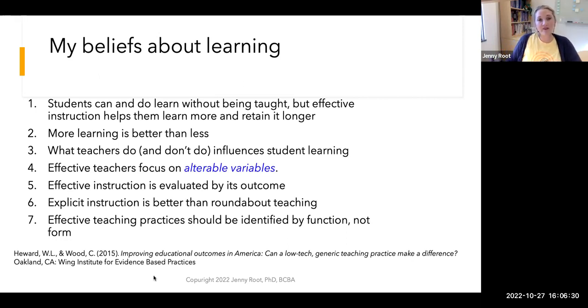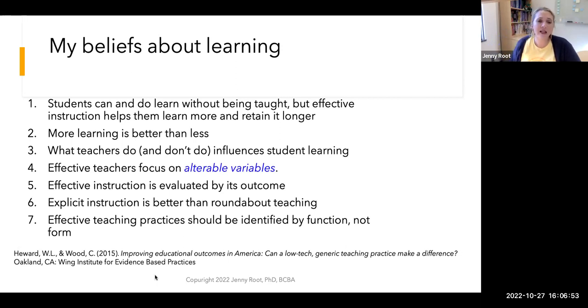I also think that effective instruction is evaluated by its outcome. So are they learning more, right? Have skills increased? I think that teaching explicitly is better than roundabout teaching, having students struggle to find the answer on their own. I think there's a place for problem-based learning and inquiry and all of that. But